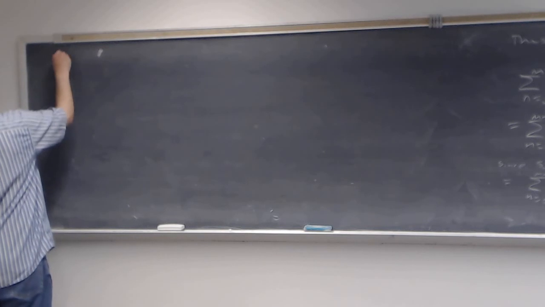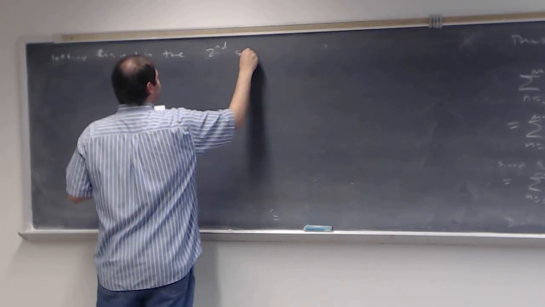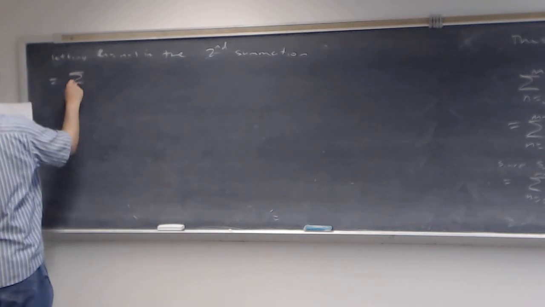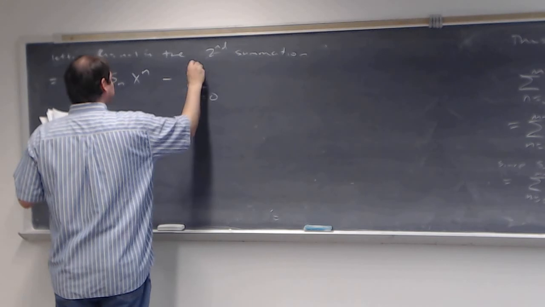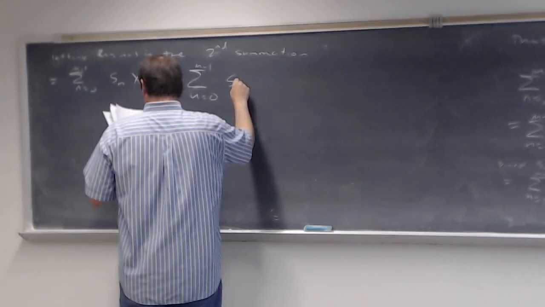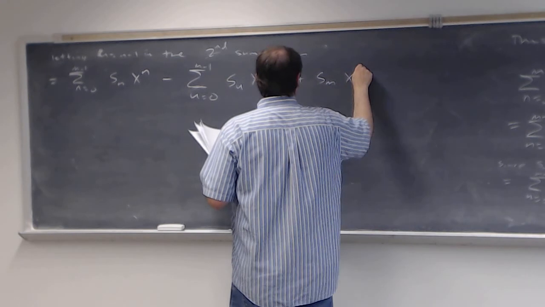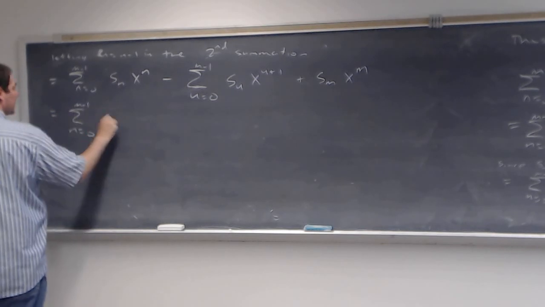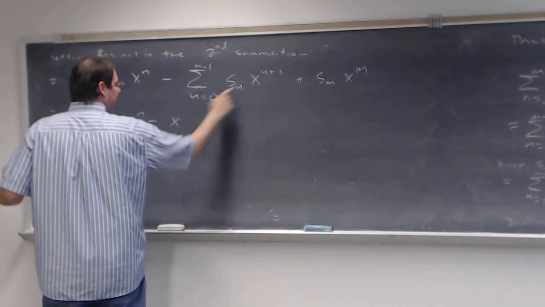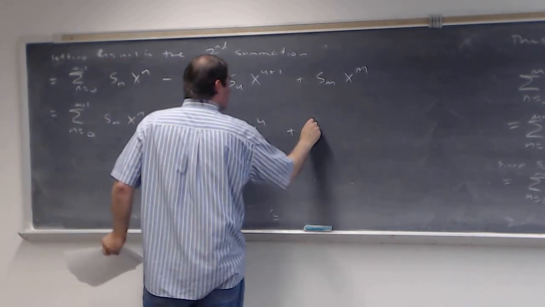Okay, now letting u equal n minus 1 in the second summation, we get the sum as n runs from 0 to m minus 1 of s of n x to the n, minus the sum as u goes from 0 to m minus 1 of s sub u x to the u plus 1, plus that last term, s of m x to the m, which will be equal to the sum as n runs from 0 to m minus 1 of s of n x to the n, minus, here we'll take out an x, the sum as u runs from 0 to m minus 1 of s of u x to the u, plus s of m x to the m,